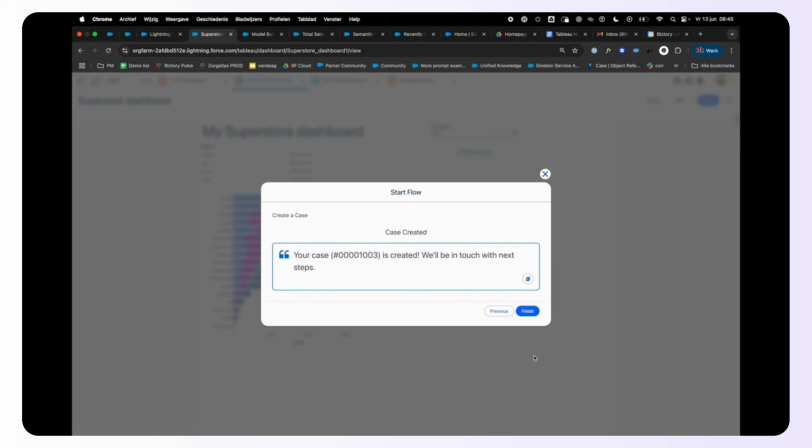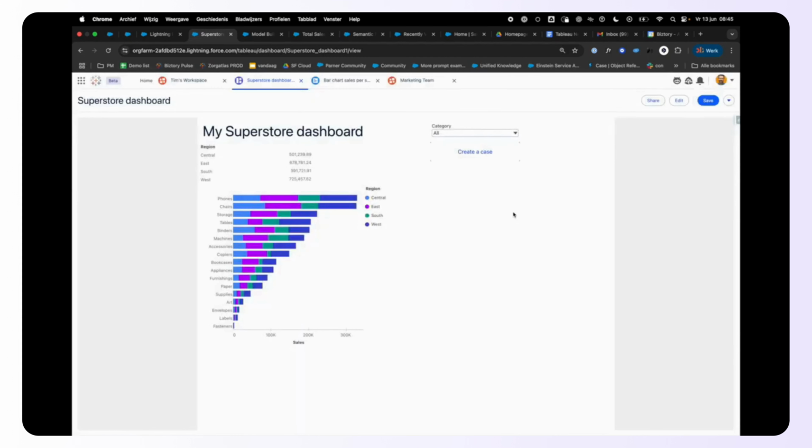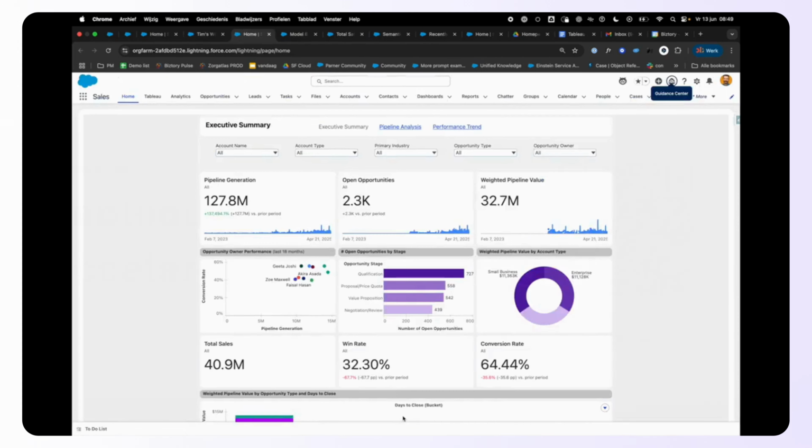Now I demoed it with create case, but it shows that the possibilities are really endless. If you can think it, you can make it. So really any action can be taken from the dashboard. Tableau